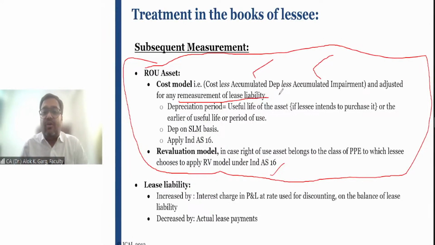So this is your cost less accumulated depreciation, less accumulated impairment losses. Okay. Have you understood how this impairment comes into the picture in case of right of use asset? Because people are thinking, sir,